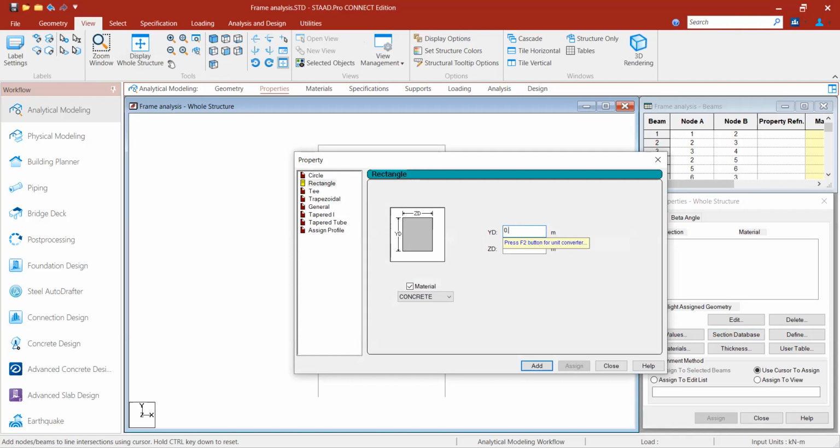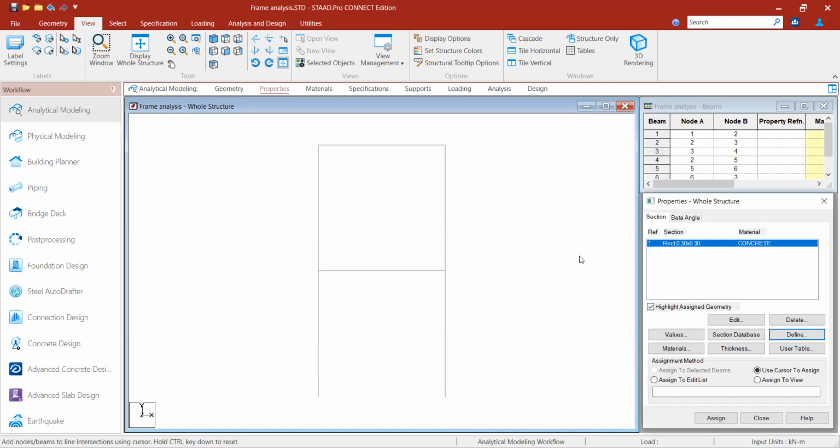Generally for beams we will not take the square cross section, for columns we will go for square cross section, but here the EI value is given the same. The I value of the column may be different in different orientations, so that's why I will take the square column for this frame. So let us say 0.3 by 0.3 I will take. The same for the beam will get assigned. So I will add it.